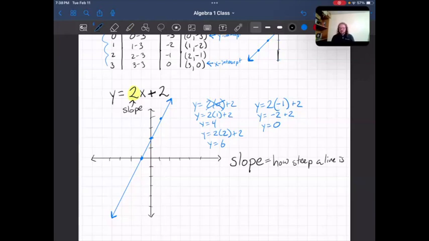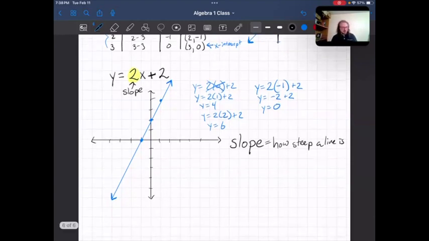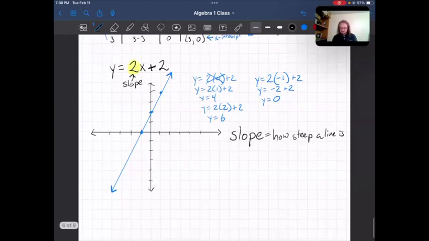And we can use the slope to graph the line if we don't want to just plug in a bunch of numbers or connect dots. We can use the slope to just keep finding the next point on our line, which is really nice. Makes things go really quickly. Slope, how steep a line is, is calculated by what's called